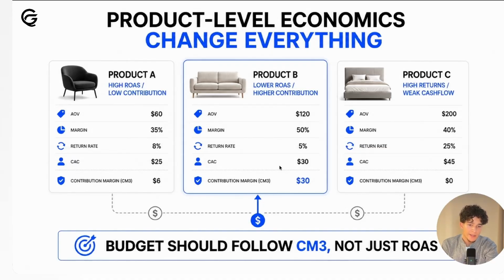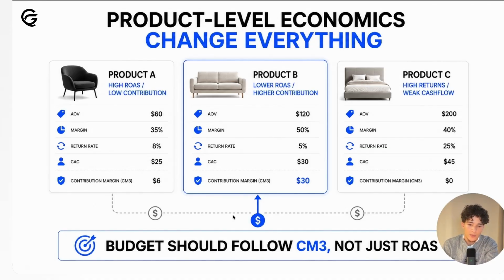The platform optimizes for the goal you give it. And if the goal is purchases, it will often prioritize the product that gets the cheapest purchases, right? Because as I already said in one of my videos, we are clients of Facebook. And the consumers of Facebook and Instagram are products to us because we acquire their attention, right? And so Meta obviously wants you to get the best results possible so you can keep spending money and throwing money at Zuckerberg. Problem is that the cheapest purchases don't always mean the best profit for your store, because one